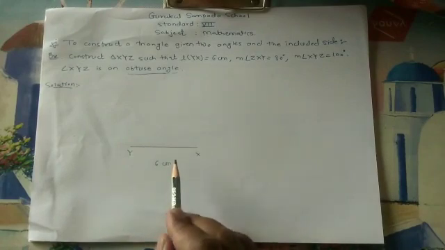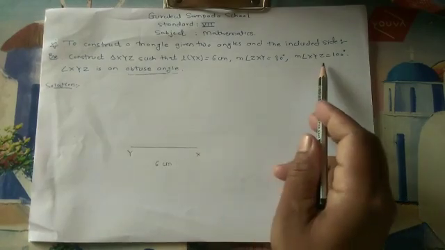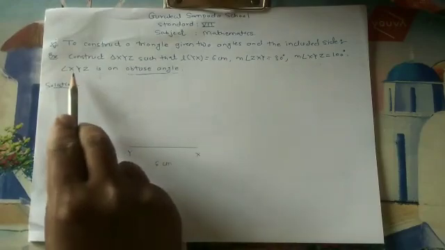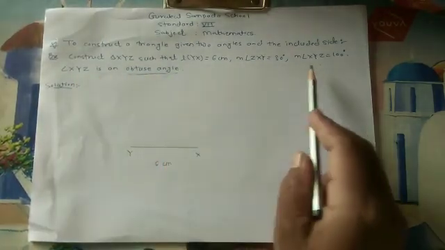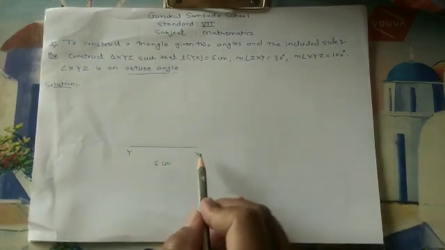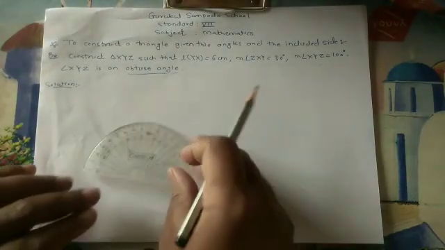Now next you have to use the measurement of the two angles, ZXY, because here we don't know the point Z and we want to locate the point Z with the help of these two angles. Now how? First it is given that angle XYZ is an obtuse angle. So where is the XYZ? We know here is the point Y. So X, Y, and here somewhere is the point Z, and that we want to locate.